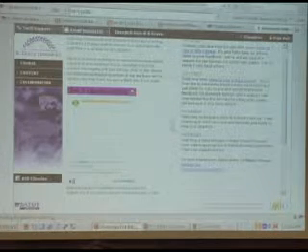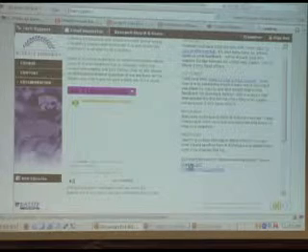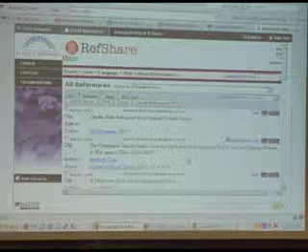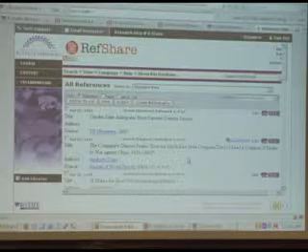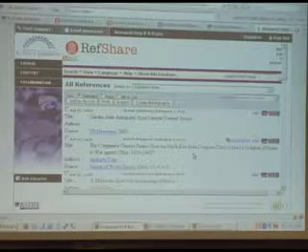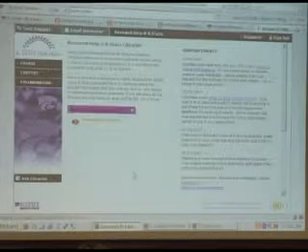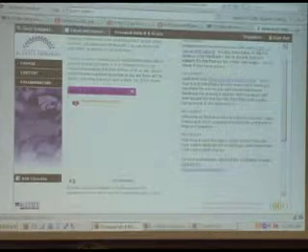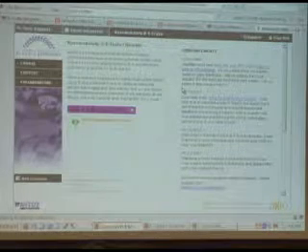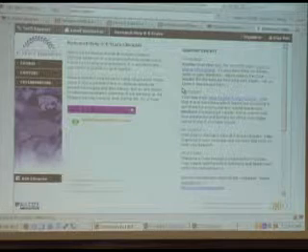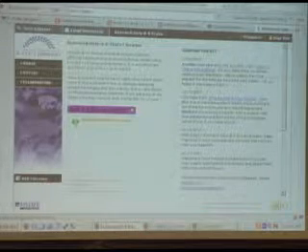So there's a link down here where it says reading list. There's another example of a ref share and how it could work in K-State Online. So this one's about pirates. We have a link here where we keep announcements, and we try to keep them up to date when we create new materials or new resources. So we have some links here